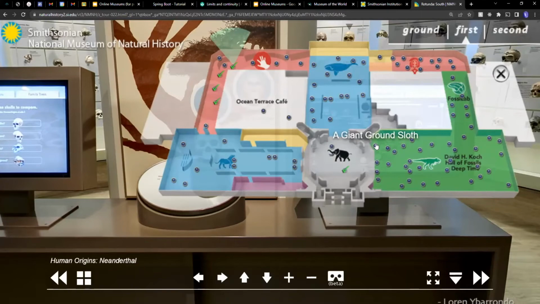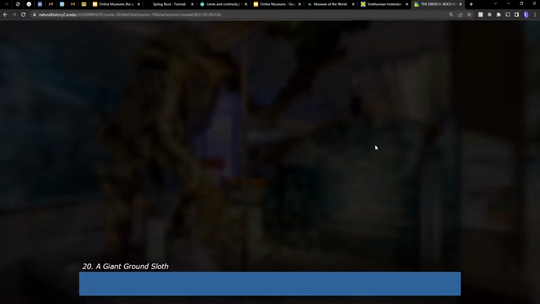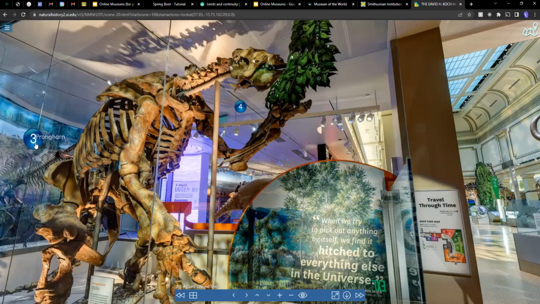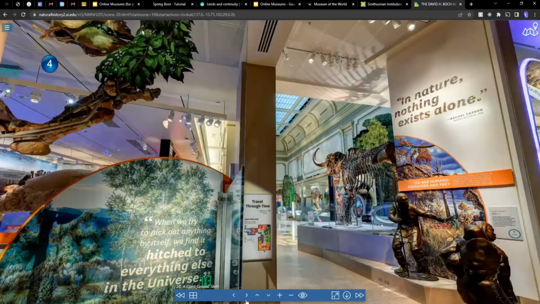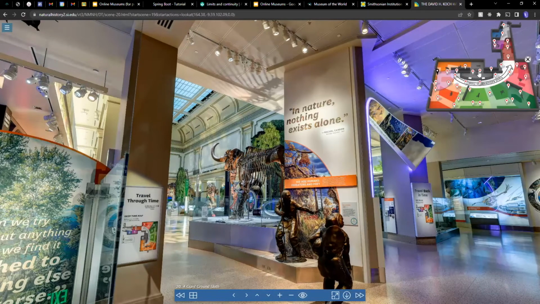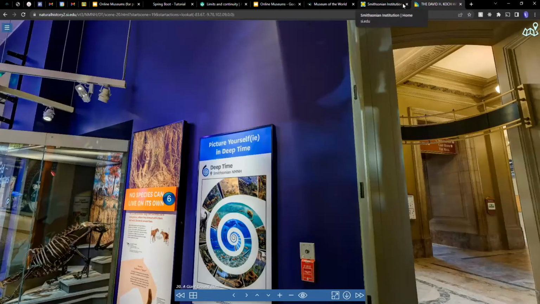And there's a giant brown sloth exhibit here. So if I just skip to this, you can skip to different exhibits like that. Yeah, I think that covers it. That's the basic controls. You can move your camera view using these arrow keys. You can zoom in or out, and you can use the map to go to the different locations on the website. The second website I'm going to show now is the British Museum,